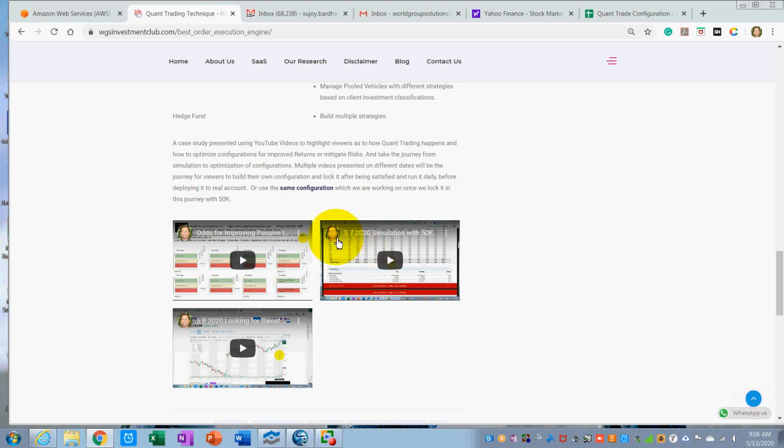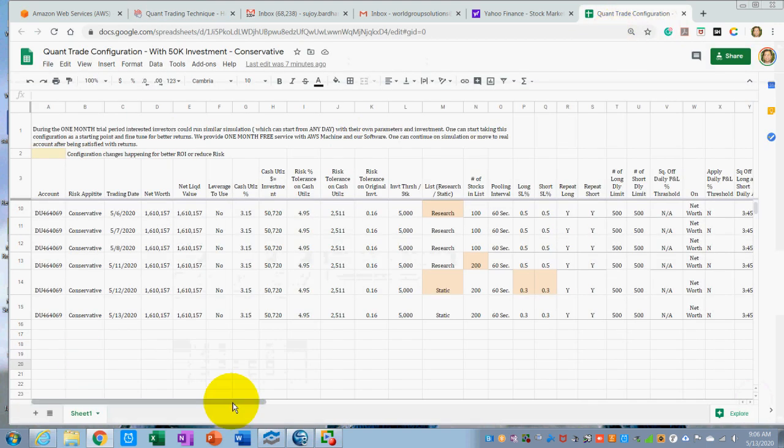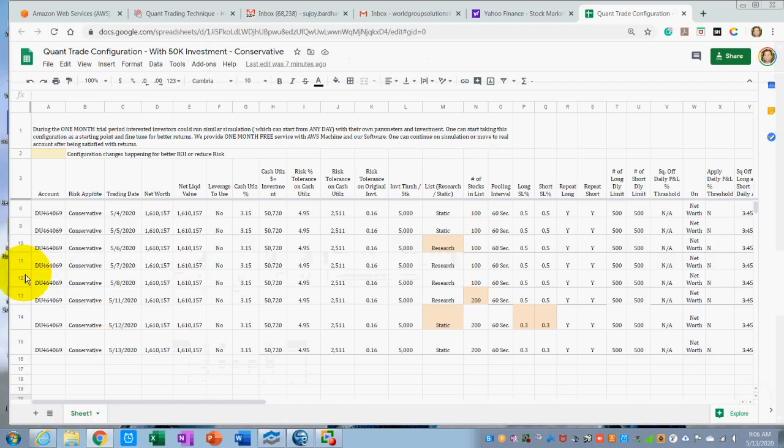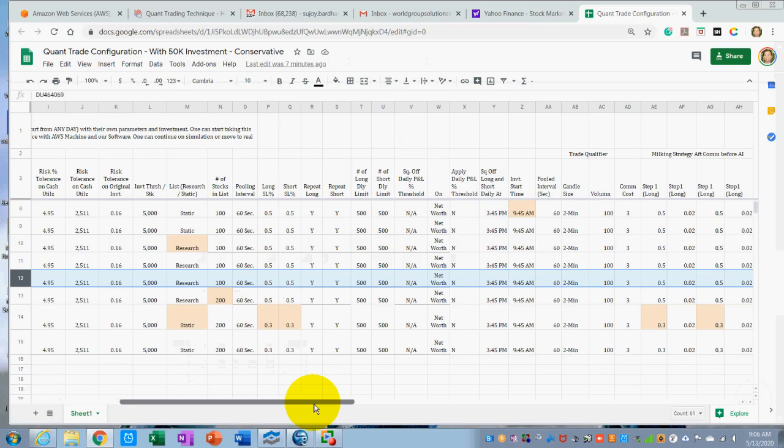Around 5/7 we did a recording. On 5/8 we did a recording, and today being 5/13, I will target for a recording again here. So the story which went behind from 5/8, if you take a look at 5/8 on the configuration sheet, which was somewhere here, we had made a lot of changes, and the changes were, first of all, we are trying to juggle between the research and static. So today also, being 5/13, we will try and deal with the static list.